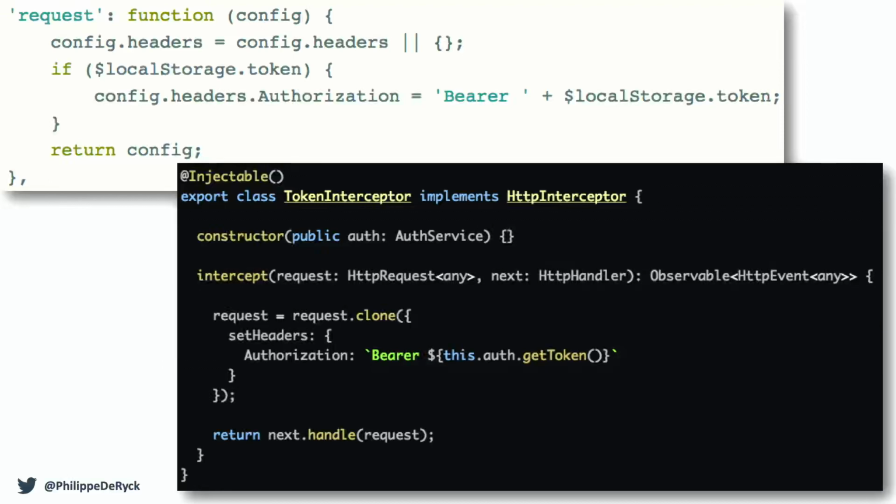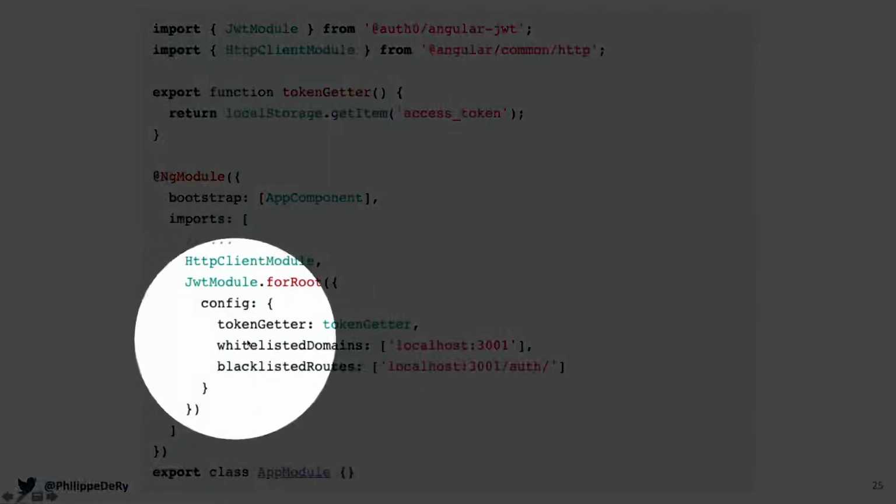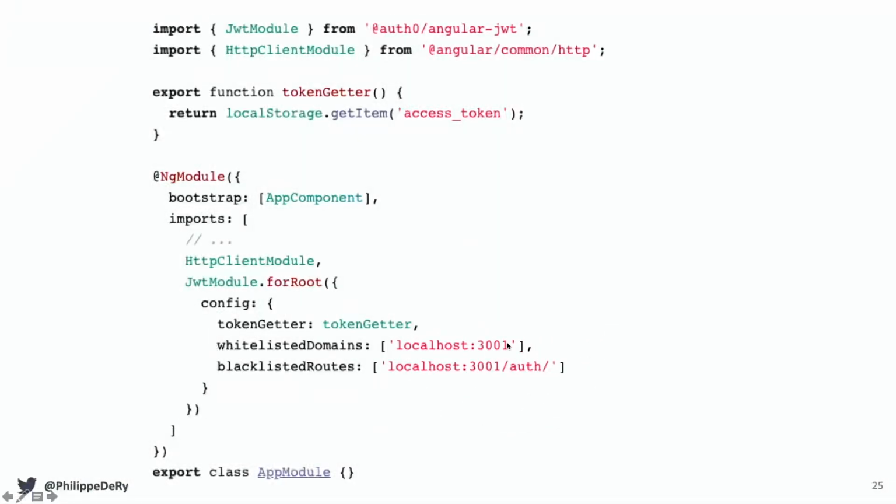So what you need to do, if you implement it like this, is have a list of approved origins or domains, and you should send it only there. And some libraries have support for that. This is Angular, the Angular JWT library from Auth0. They have a property called whitelisted domains where they allow you or require you to specify where your authorization header should be sent to. But if you're writing this code yourself, you'll have to implement that yourself.